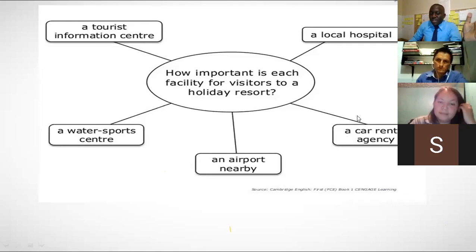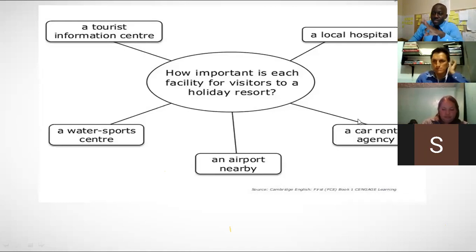So make sure that you can link some. You get it? So the car agency can target three. The car rental agents can target hospital, airport. So you're getting three views in one say. That means that you can spend something like 20 seconds speaking about these three in one sentence.